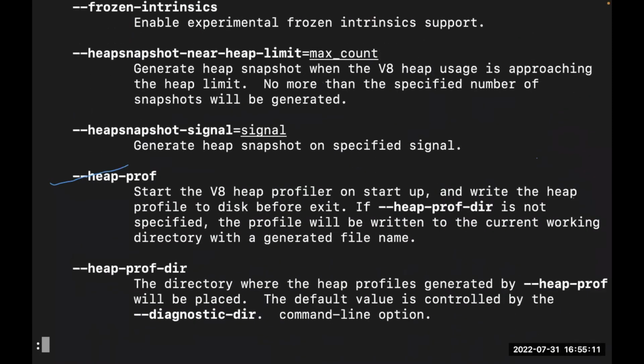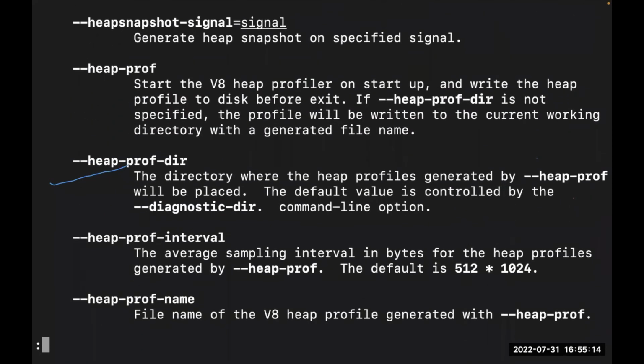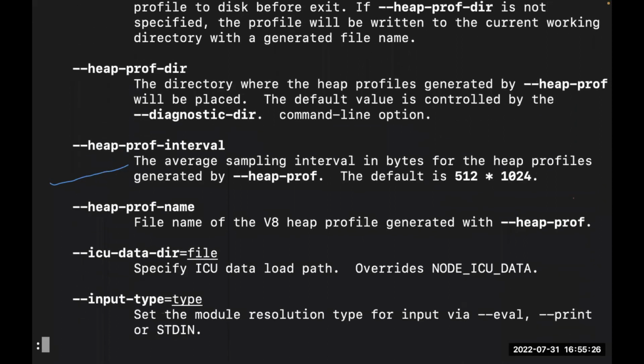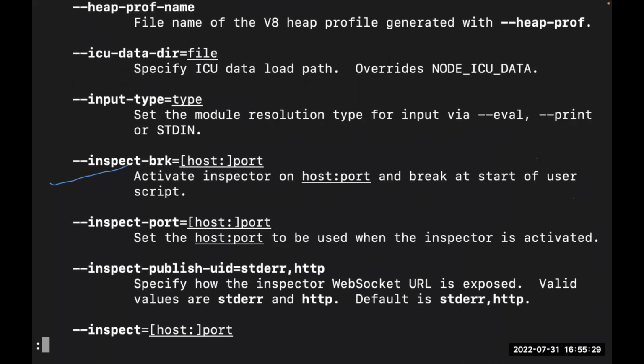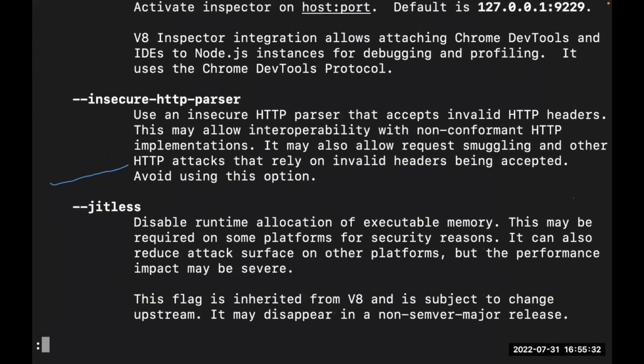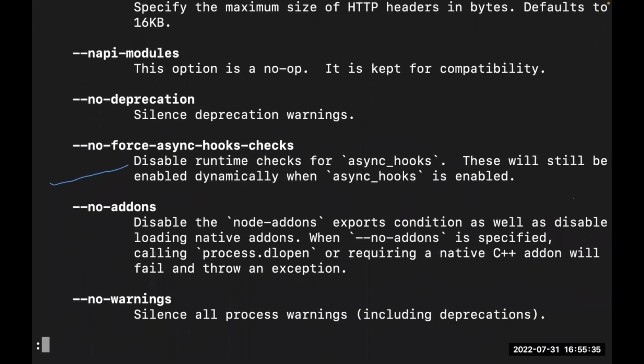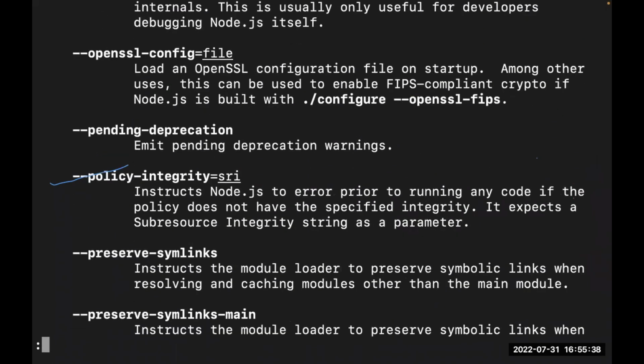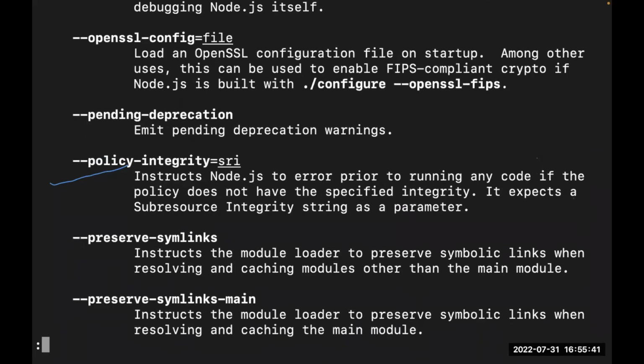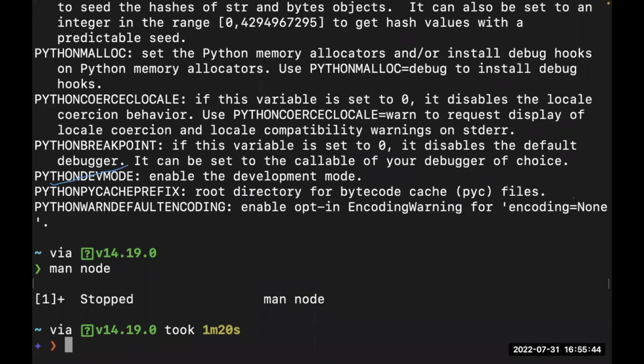Probably every command line tool, such as Node, Python, cargo, and even some options I have not mentioned here at all, would have a man page. I think it's a standard way of doing it. It gives the description of that particular command. I find myself using the man page often because it's detailed and clean, so you can check it out as well. These commands are on the Notion page. If you don't have that page yet, probably someone should share it again on the chat. All right, so that is the man page.